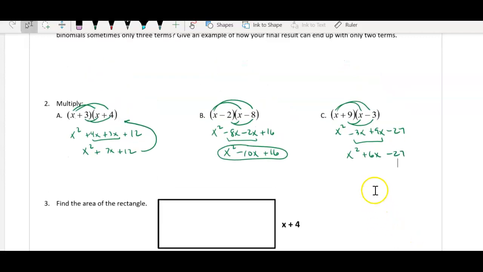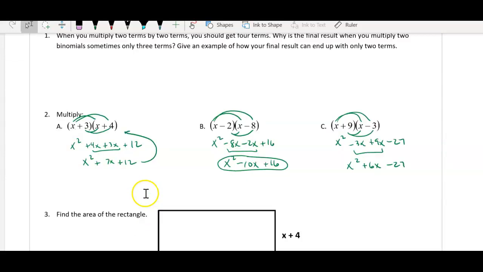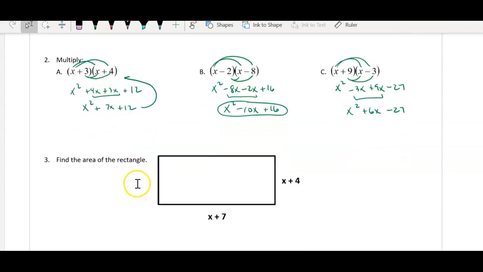So actually, when you see that first question, it says when you multiply two terms by two terms, meaning one, two terms, one, two terms, why is the final result when you multiply two binomials sometimes only three terms? And the reason is because when you combine like terms, that middle term breaks the four terms down to three terms. Okay, so